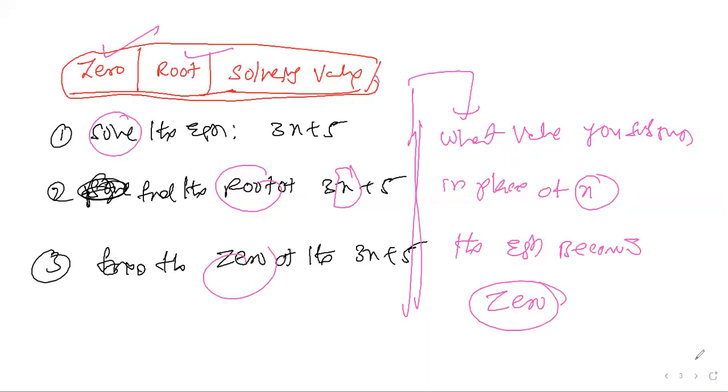So actually, how to find the zero, how to write the zero or root for an equation, this is the question. Now how to find a solution, I'll explain it. The procedure is very simple. I'll take the steps first. Step number 1: I'll take an example to explain it better. First question: solve the equation 3x plus 5 is equal to 0.